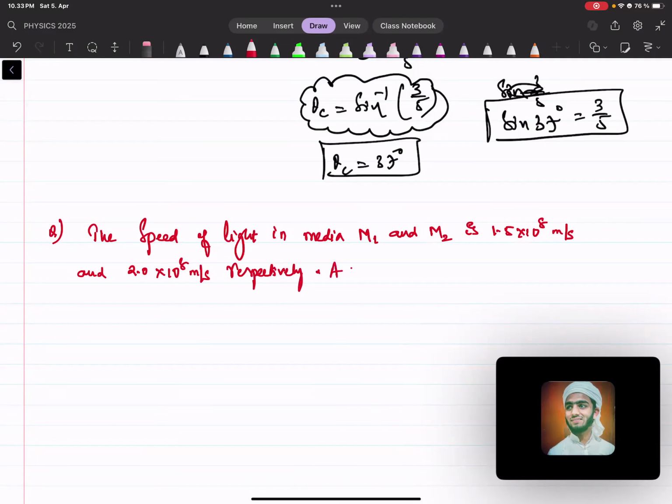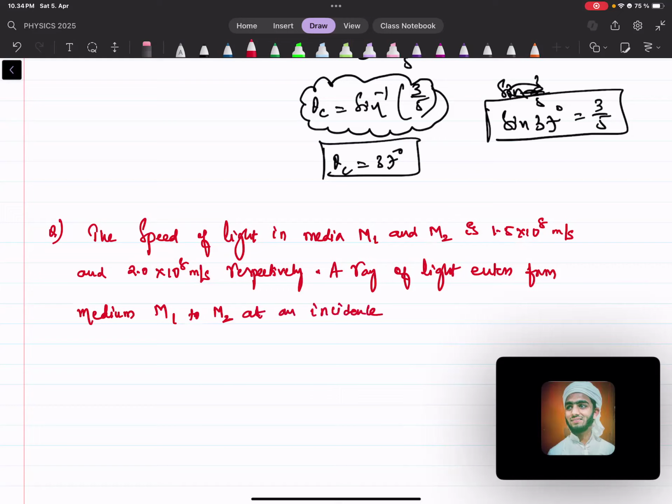Now, a ray of light enters from medium 1 to medium 2 at an incidence angle I. If they suffer TIR, total internal reflection, the value of I is